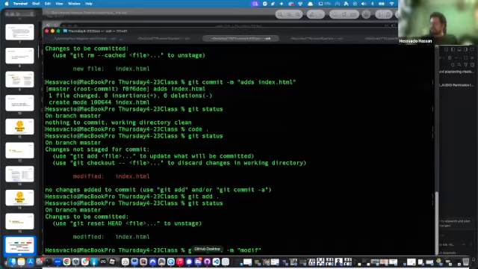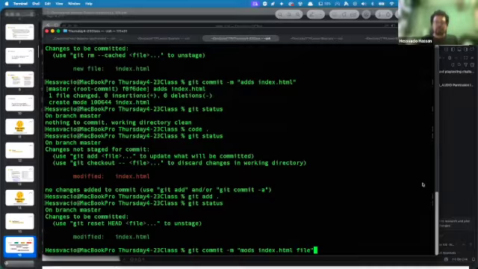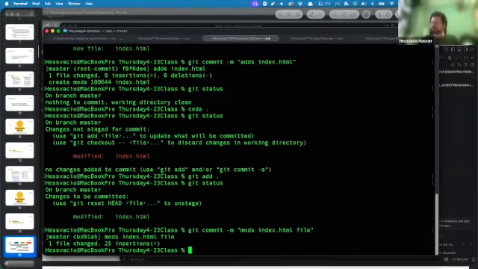I'm going to just say mod, because I can't spell to save my life. Mods index HTML file. Yeah, I like that. It's a good message. We know what we've done. We've modified the file. So now if we hit commit here, bam,